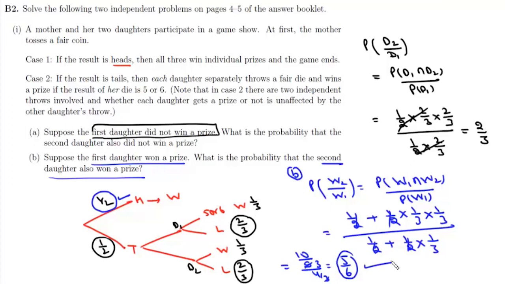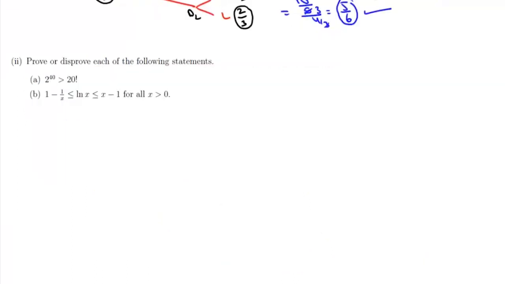Now for the second part A, we need to prove or disprove that 2 to the power 40 is greater than factorial 20. Now one way of doing it is using Stirling's formula. So we can show that factorial 20, which is factorial n, can be approximated by n to the power n, e to the power minus n, into under root of 2 pi n, and in this way factorial 20 can be approximated to the power 60, which is much greater than 2 to the power 40. That means this statement A has to be false.